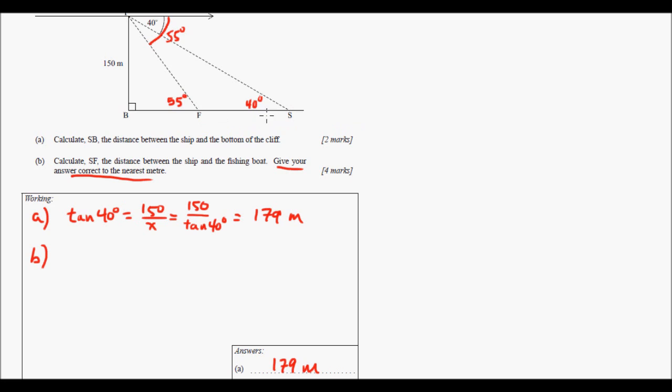They want FS. Now, a lot of kids will try and run through and do all this, find this right here and blah, blah, blah. Basically, the way to look at this is you have two triangles. You have this big triangle here and you have this small triangle here. Again, we can find BF right here. So if we find BF and FS, so we already know